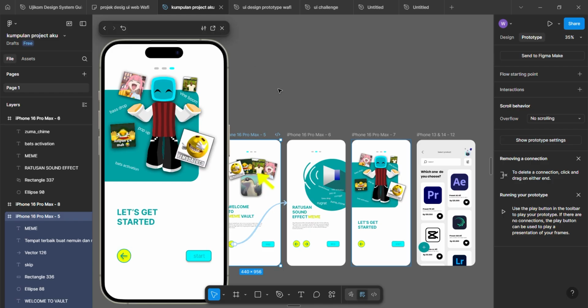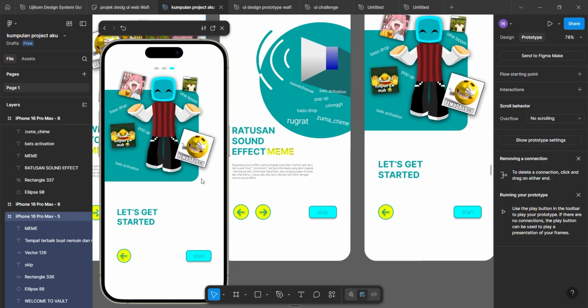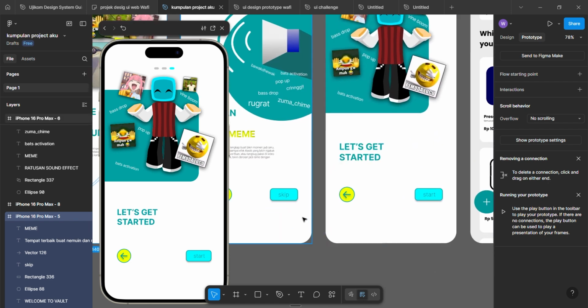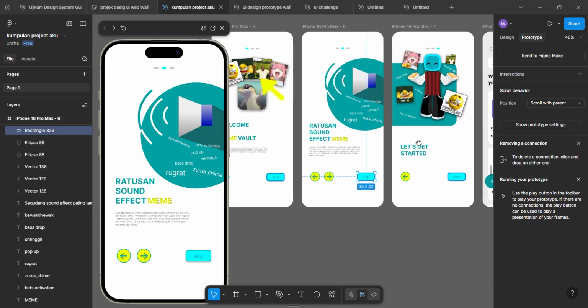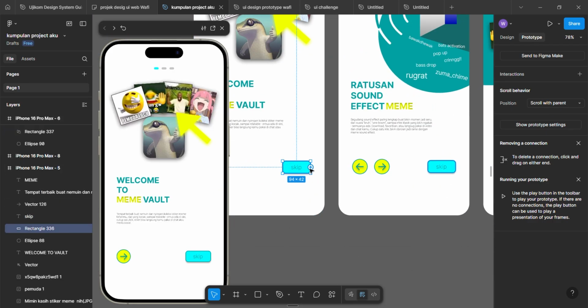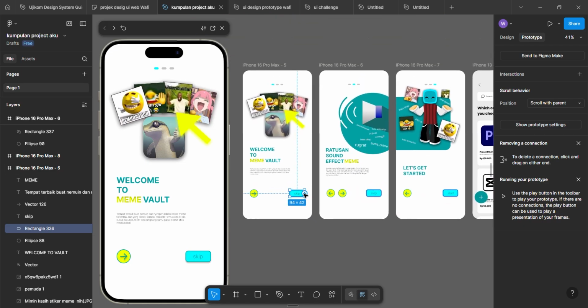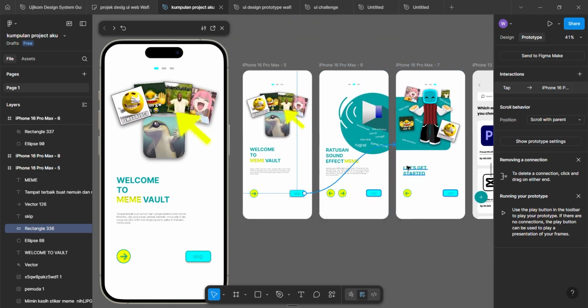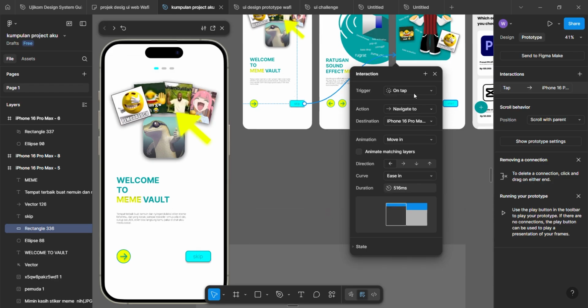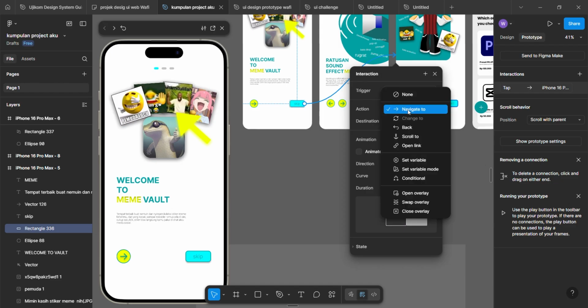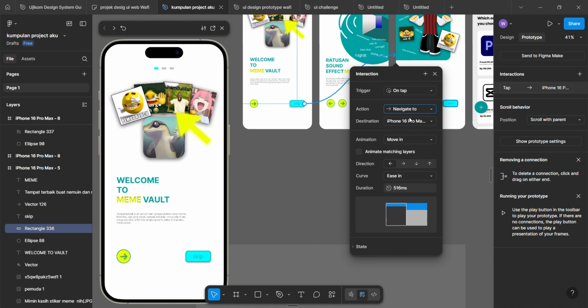I'll just slide in from right because it feels natural, like sweeping to the next page in a mobile app. Next, I'll repeat this process for the other pages. So I'll go to page 2, profile, and add a button that links to page 3, settings. Again, click the shape, go to prototype, and drag the node to page 3. Do the same for all the pages so they're all connected in a flow.